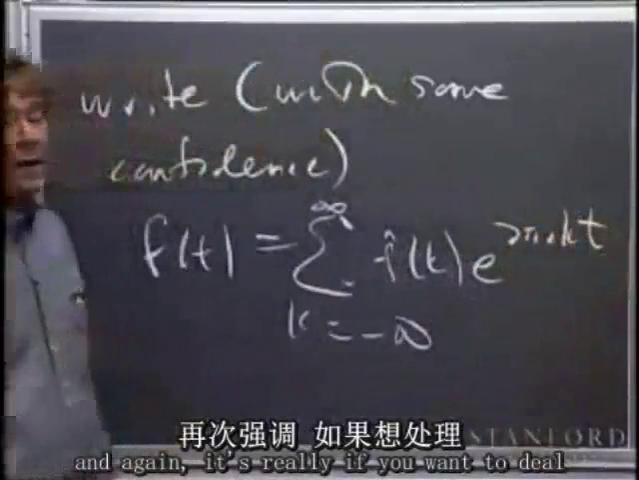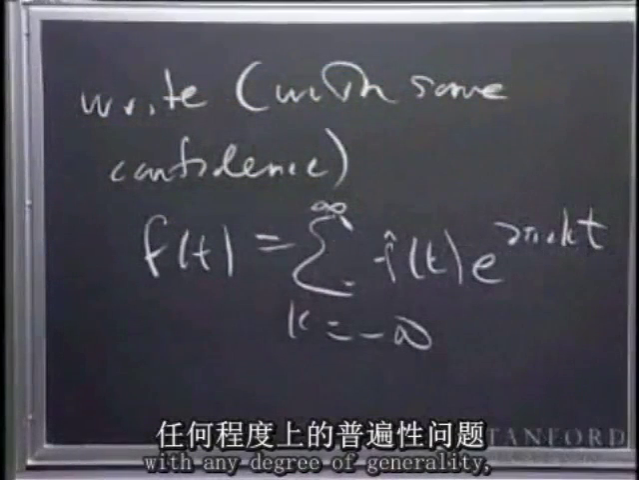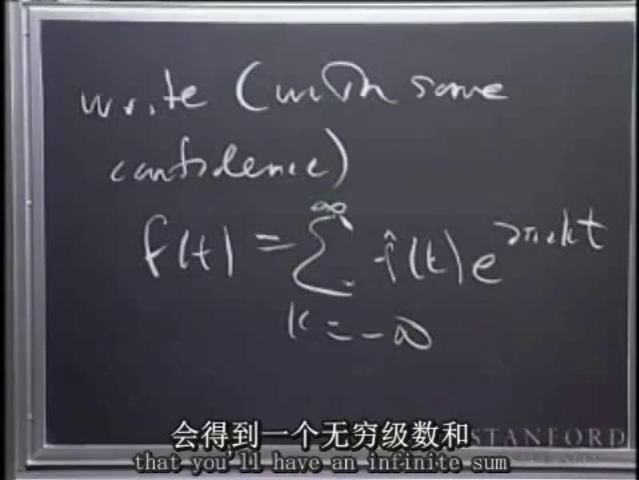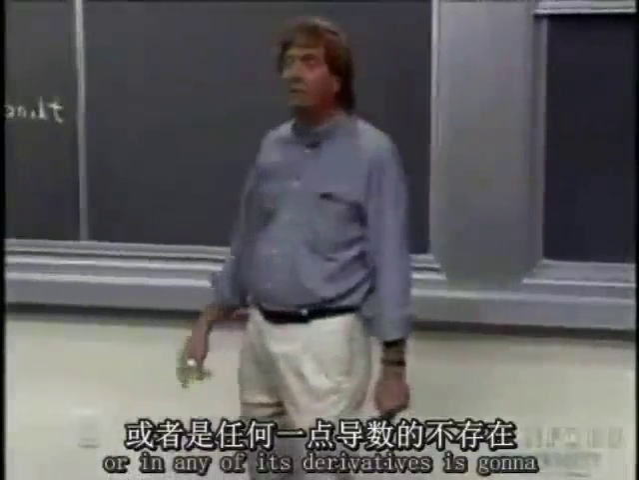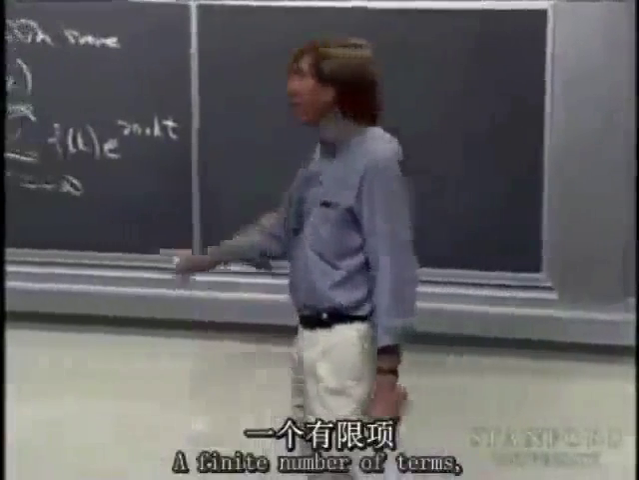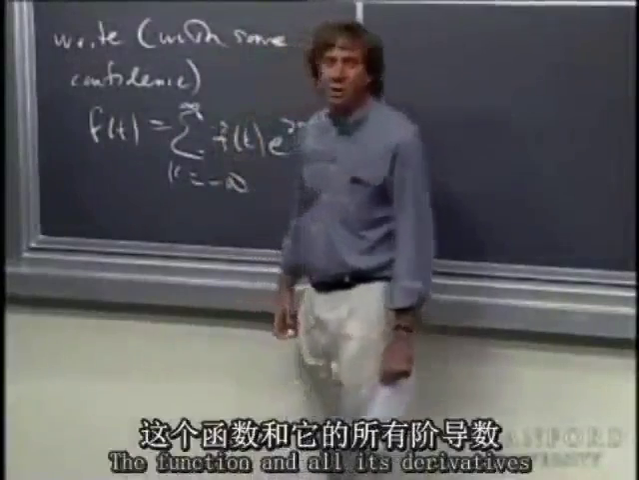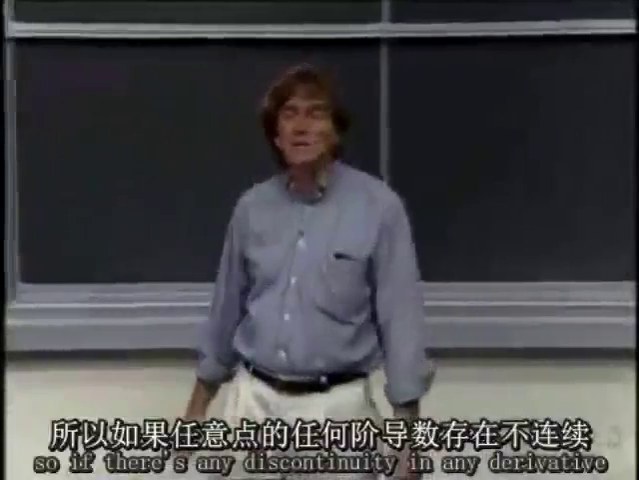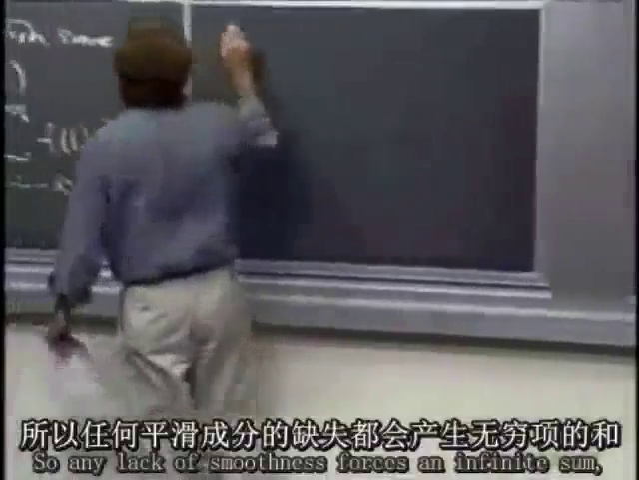And again, if you want to deal with any degree of generality, it's going to be the rule rather than the exception that you'll have an infinite sum, because any small lack of smoothness in the function or in any of its derivatives is going to force an infinite number of terms. A finite trigonometric sum will be infinitely smooth. The function and all its derivatives will be infinitely differentiable. So if there's any discontinuity in any derivative, you can't have a finite sum. So any lack of smoothness